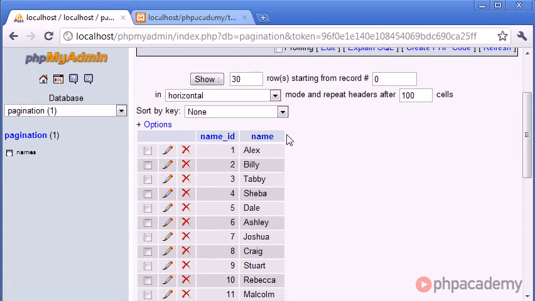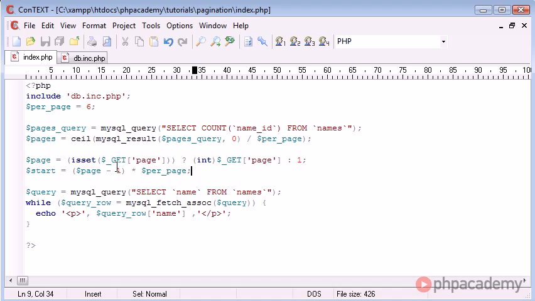So initially we're starting at row 0. I know name ID says 1, but this is row 0. Remember, we count from 0. Then this is row 1, 2, 3, 4, 5, and so on. So we're starting from 0, and that's exactly why we do this -1, because at the moment page is going